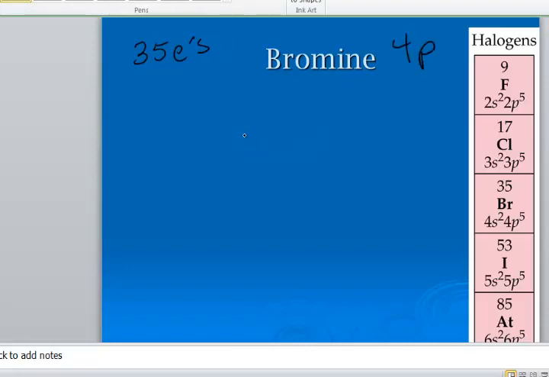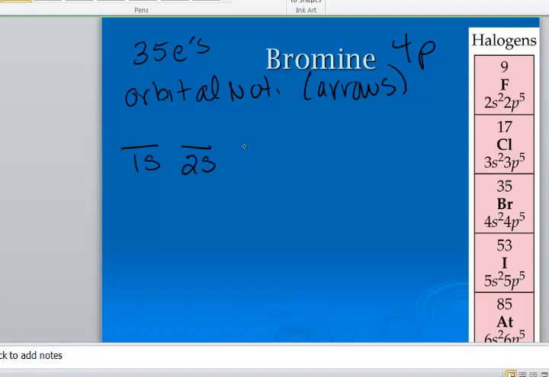So what we have to do is, up to that point, we have to map out everything up to that point. And orbital notation, just as a reminder, is going to be the arrows. And when it's on the test, I put that in parentheses. So let's start at the beginning, and remember, we get this order from either the diagonal chart or the periodic table, but we start with 1s, then we go to 2s. Now for the p's, there are sets of 3 orbitals, so we have to draw 3 lines. Then we're going to have 3s, and we're going to have 3p. Okay, now when you go down to the next line, the next one that you come up with after